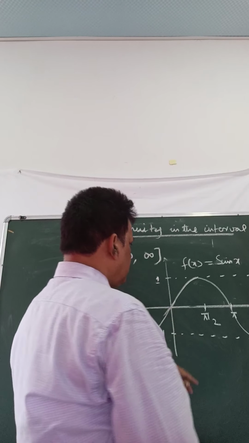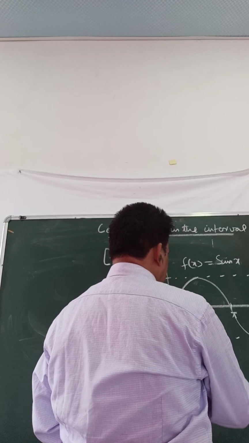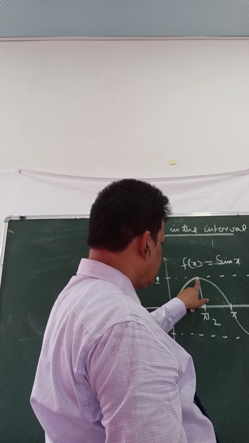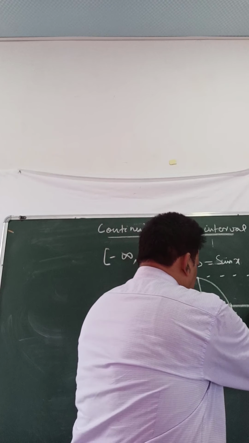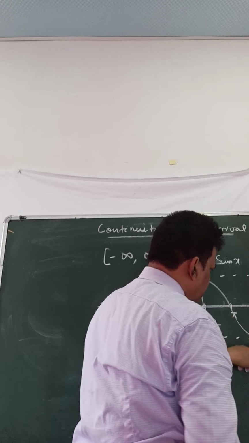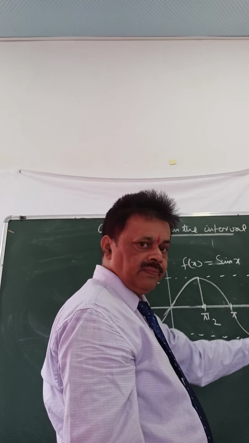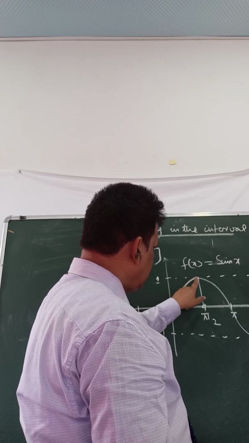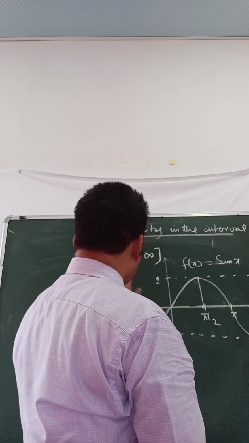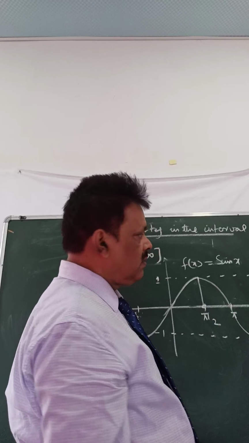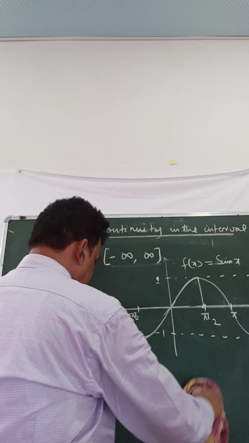And also at a point, when I check, there is no break in the graph. When I put any point again here, I never see any break in the graph. That means this graph is continuous at each point, also continuous in the interval, because there is no break. Okay, I'll try another graph that will make it clear.